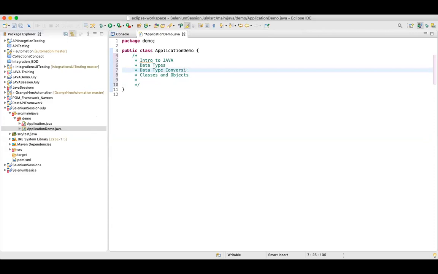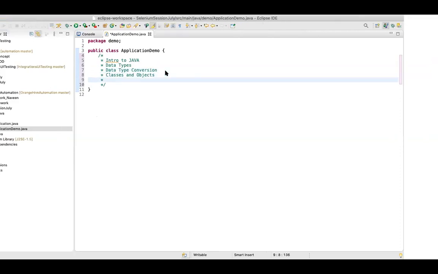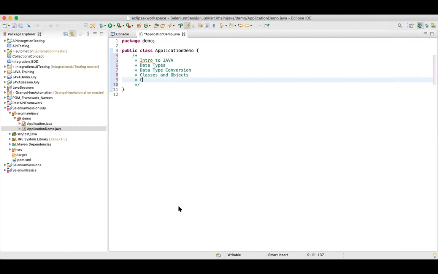How do we convert one data type to another data type? And then you can see constructors. After that we have a lot of things. For example, I'll quickly name a few, like the inheritance concept, because even when we are developing a Selenium framework, we need to understand inheritance from the framework concept which we have in Java.